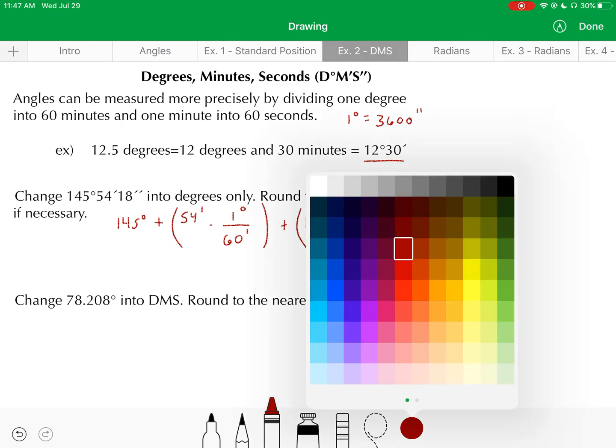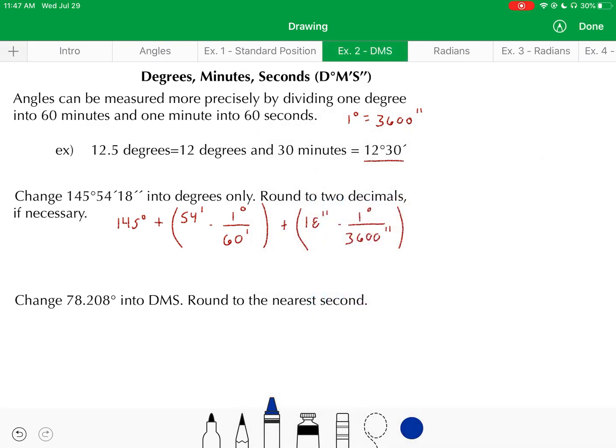Okay. And notice how the units work here. All right. I'm trying to go to degrees only, so when I set up these conversion fractions, I'm able to get my units of minutes and seconds to reduce away to where the only units that are left are degrees,